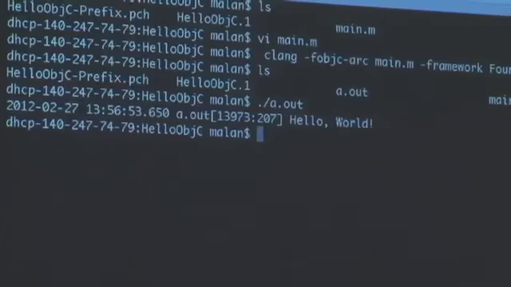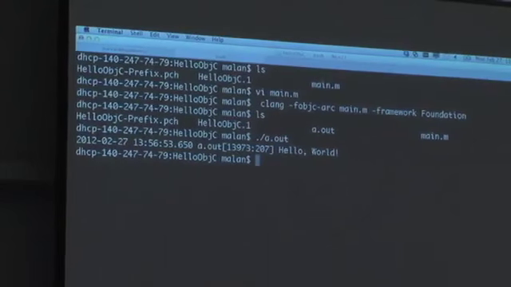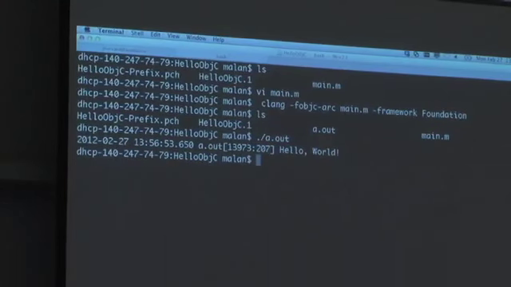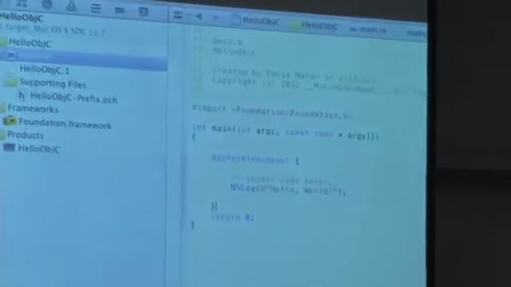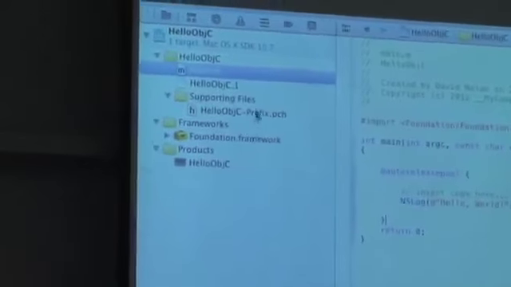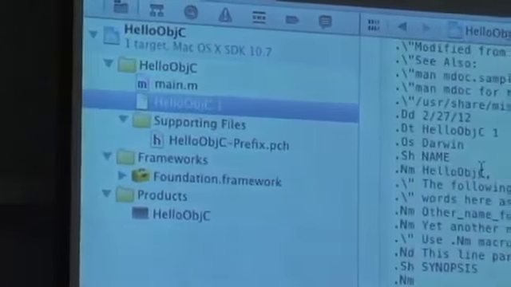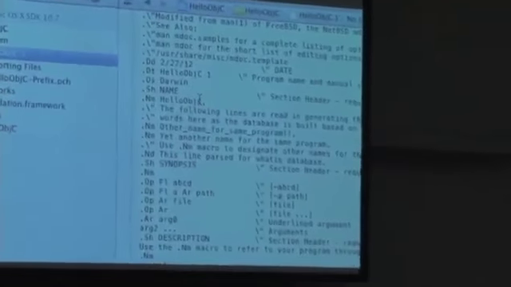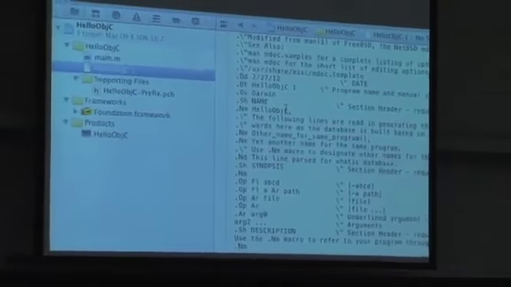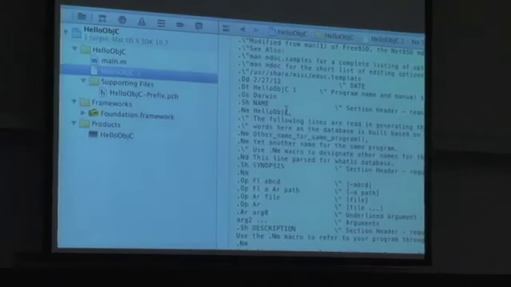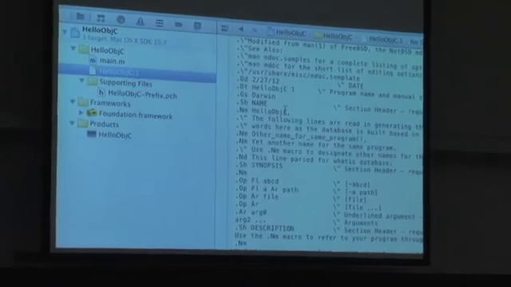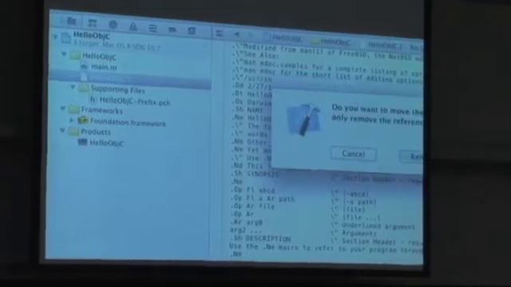So realize there's no magic with the IDE. It's just hiding some of the details with which you're probably familiar from this past fall or a couple of years back. All right, so let's just tease apart a couple of these files so that we can then move on to more interesting designs than hello world. This .1 file you can generally delete, at least for the things we're doing, because it's meant for a man page. If you recall typing man GCC or pulling up the man pages in a Linux environment, same idea. And because we said give me a command line application, I got some of this boilerplate, but I can go ahead and delete. Just beware when